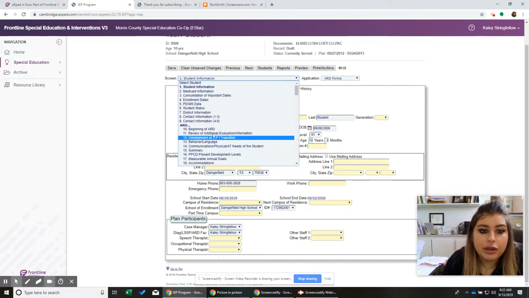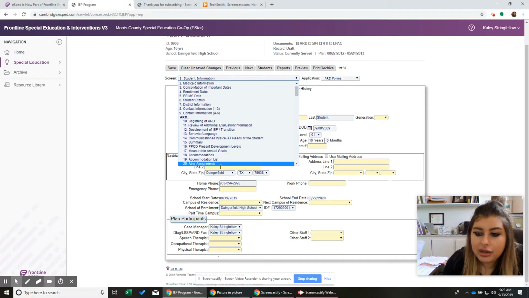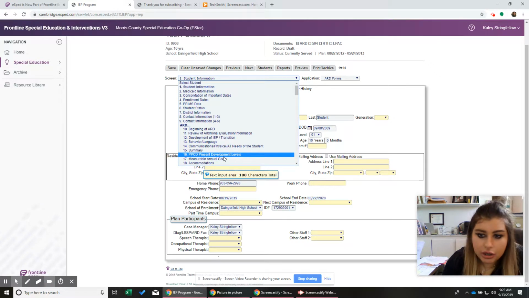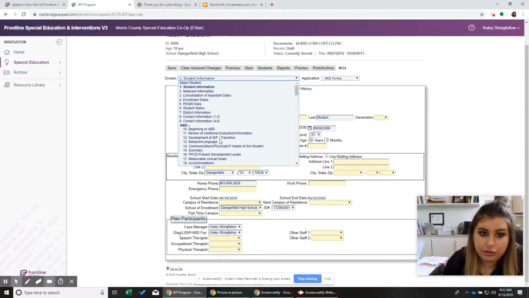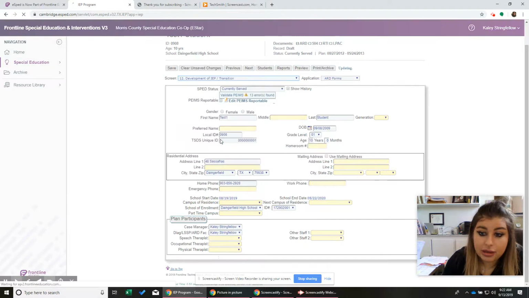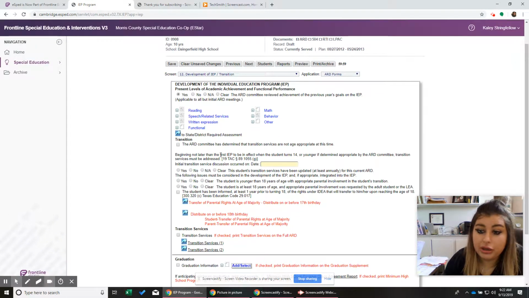Okay, so you're going to go here, and there are a lot of these screens. You're not going to use all of them. There's probably 4 or 5 screens you're going to use, and the bulk of it is going to be on screen 12. Okay, and I'm just going to be honest. This is, I would say, the most important part of what you do. Anything else, I can help you with, but this I really can't help you with. You know the kids, you know the teachers. I know of the kids.